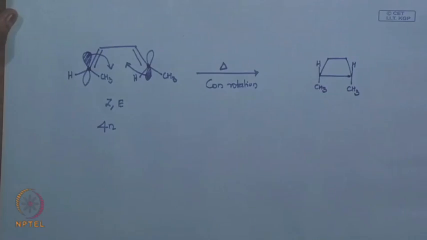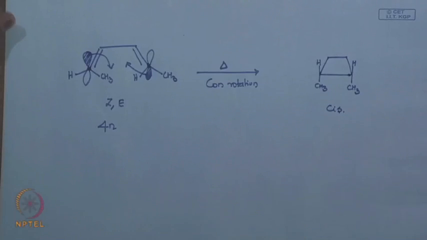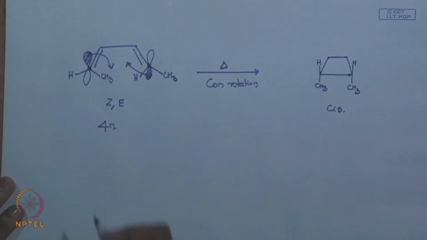So what is this? You have now two methyls on the same side. So this is your cis. See, you get one product. The reaction is very concerted and you get one product, that is your cis one. Fine. See, the interesting part now comes, if I take the same substrate, same reaction, this is the same